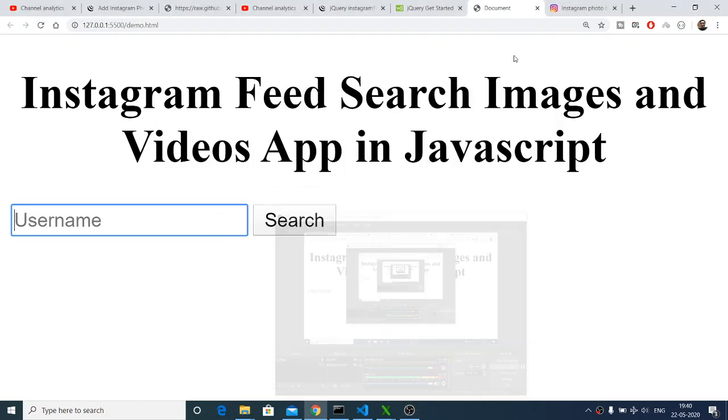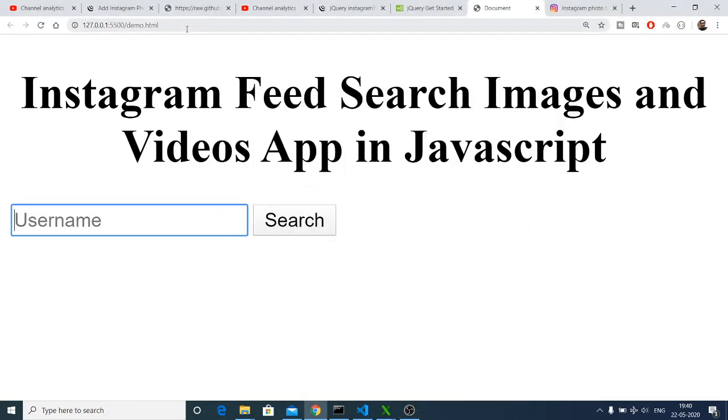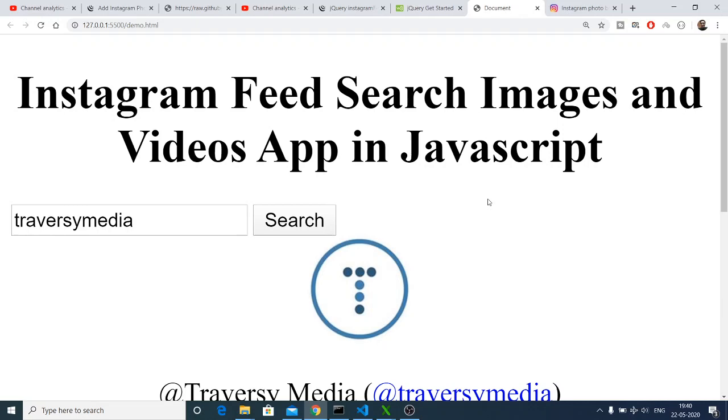Hello friends, today in this tutorial I will be showing you how to construct an Instagram feed search kind of application in JavaScript. It can search both profile images and profile videos as well. Here you need to provide the username of an Instagram person. Let me provide any username. Let's suppose Privacy Media. This is the Instagram username, and if you click search you will see that it